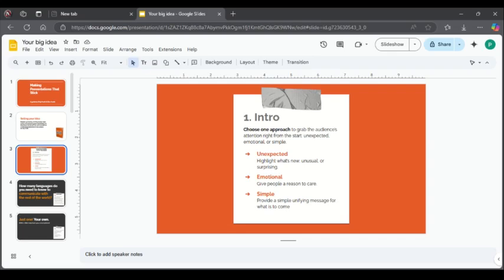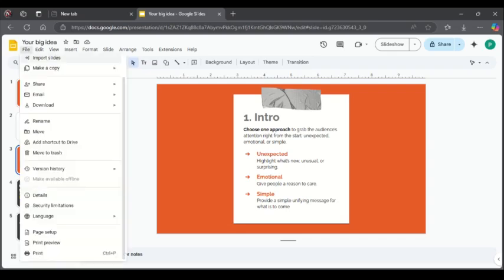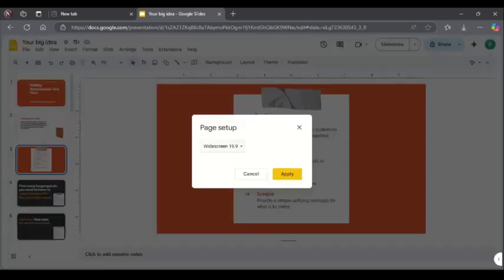So if you want to change the size, just head over and tap on File. Scroll down a little, then tap on Page Setup. From here you have another drop-down button where you can change your slide size option. So we have 4